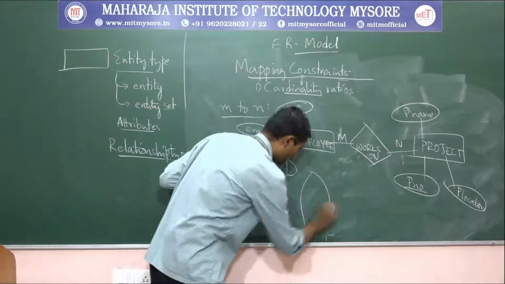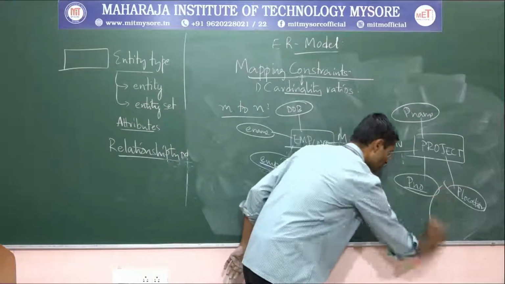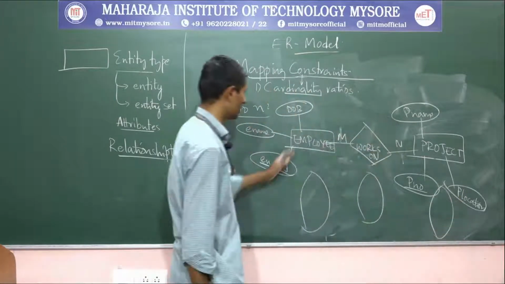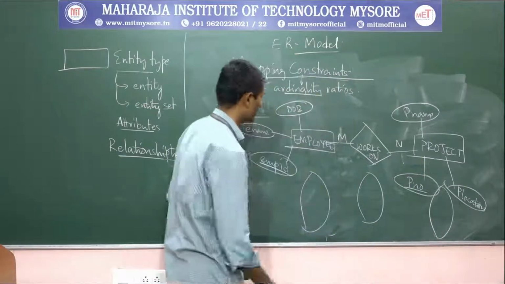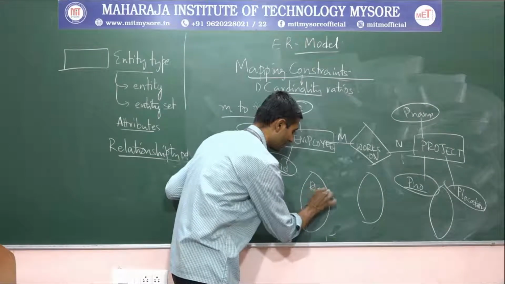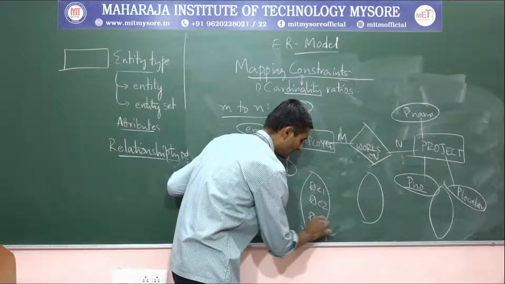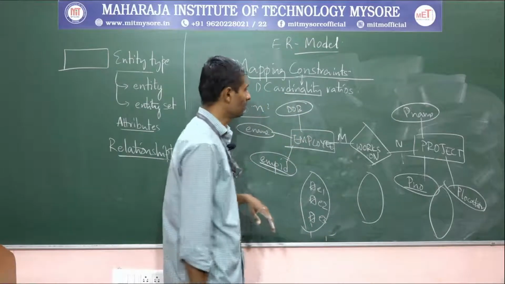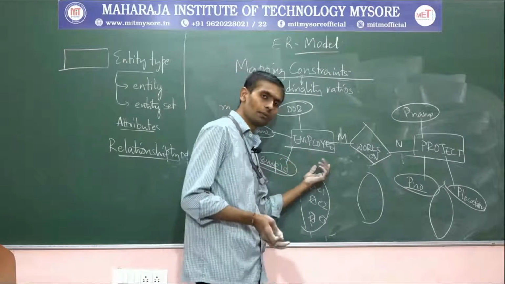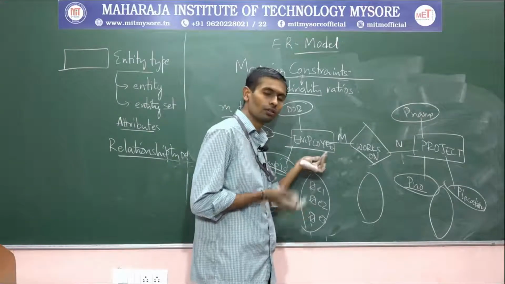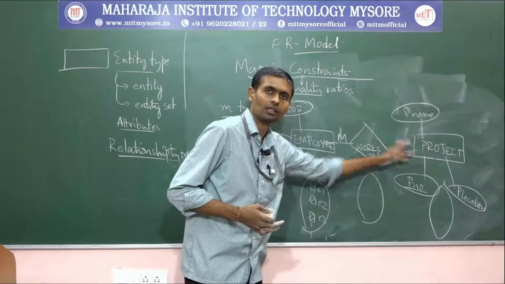So let me go with representing it with a set theoretic notation now. Two sets have been written. This is the employee set, works on set, and project entity types set. So let's assume the employee set E1, E2 and E3. There could be any number of employees we might have. Let's assume for the time being a few employees may not be involved in any of the projects, so at this point of time, employee becomes having a partial participation with this project.